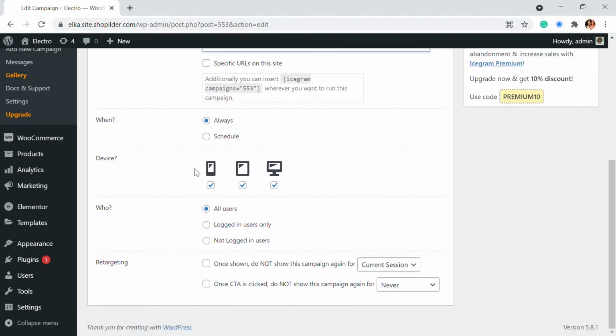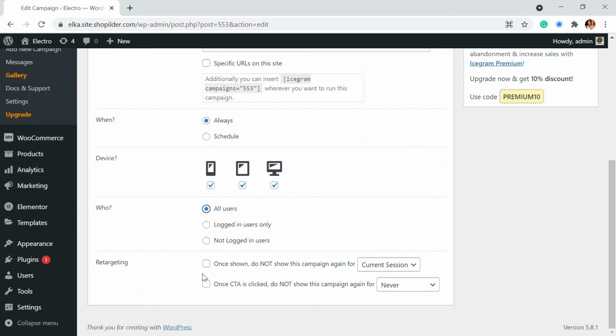And the device, which device you want to show it on. If you don't want tablet or mobile or a PC, you can do that. Also, who do you want to target as the audience? It's for only logged in users or non-logged in users, you can choose that. So I'm going to go for the not logged in users, or maybe I'll go with all users only.